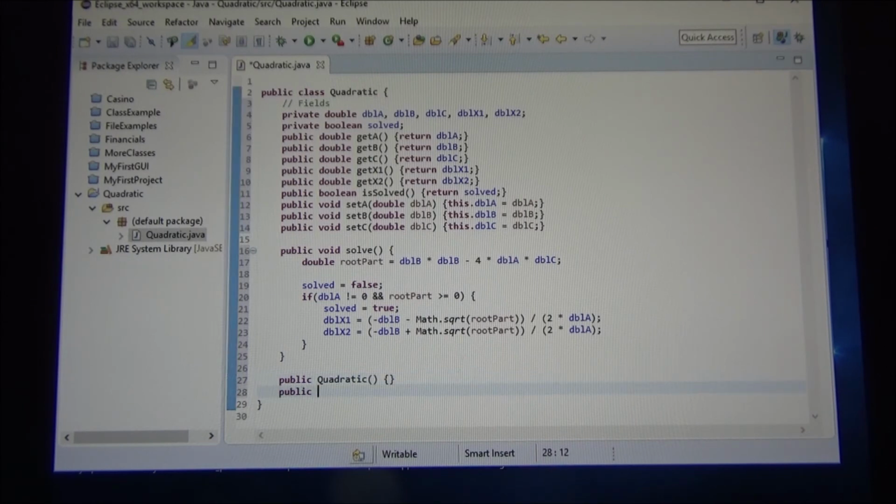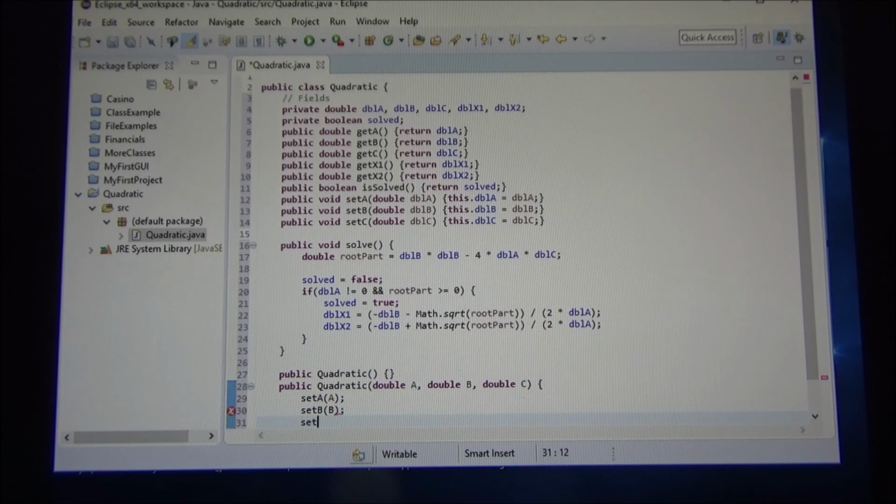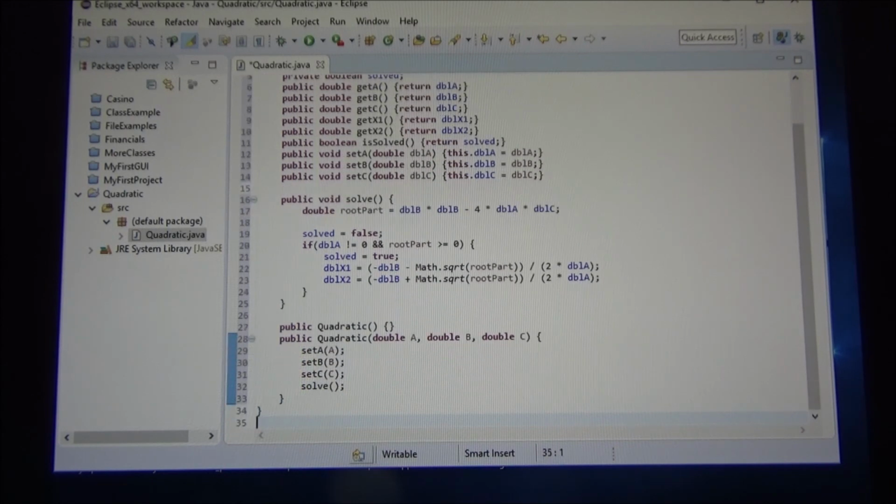You can also have a constructor that takes 3 doubles. And solves it. So my default constructor is empty. It's just to give the option